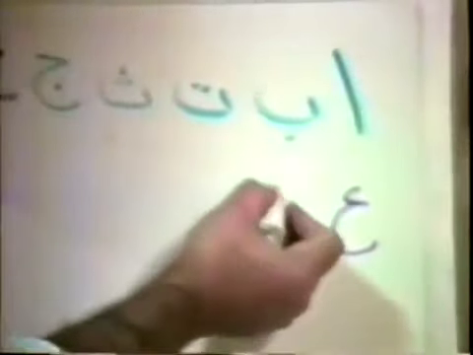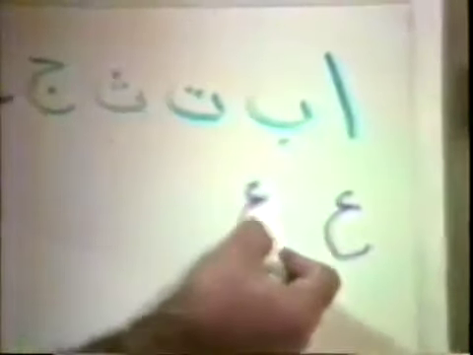The next letter, I guess I forgot to tell you that the Arabic is written from right to left, didn't I? The Arabic is written from right to left, as you noticed. But so I go now again to the right side and start the new line with the next letter, which is Ain. This is Ain. Ain from the throat, A. And this is Ghain, or Gha, like the French R, Gha.